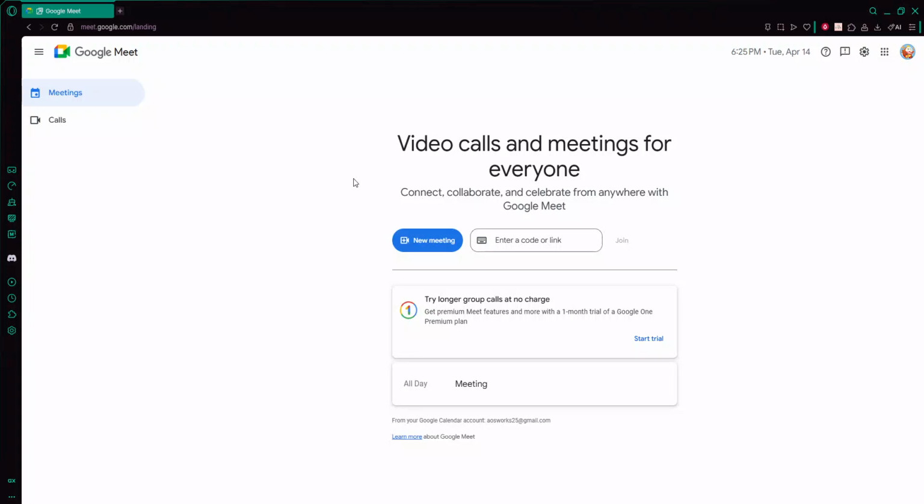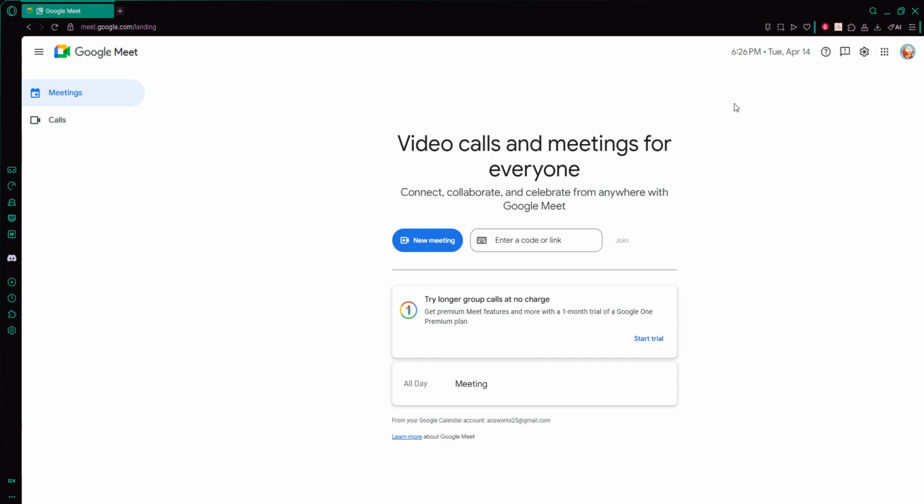In this video, I'll guide you through how to use the OBS Virtual Camera for Google Meet. If you've ever wanted to bring cleaner video overlays or custom layouts into your meetings or presentations, using OBS as your camera inside Google Meet is a simple and powerful way to do that. I'll walk you through the entire process step by step so you can follow along even if you're new to